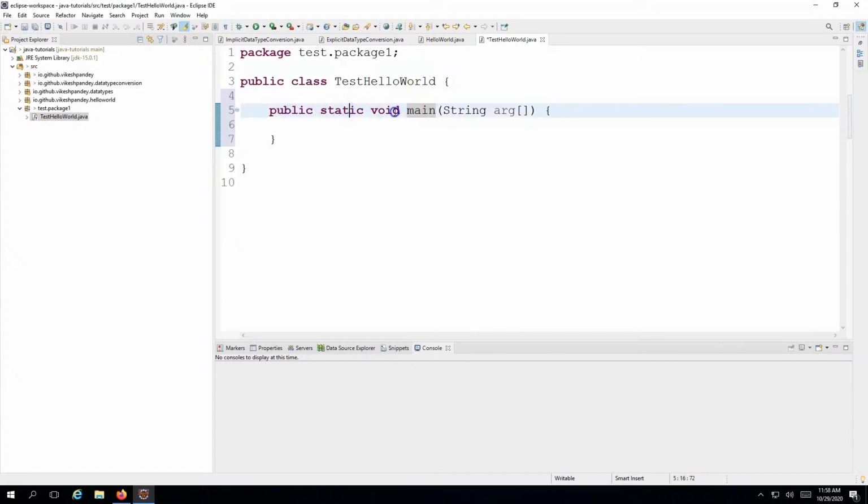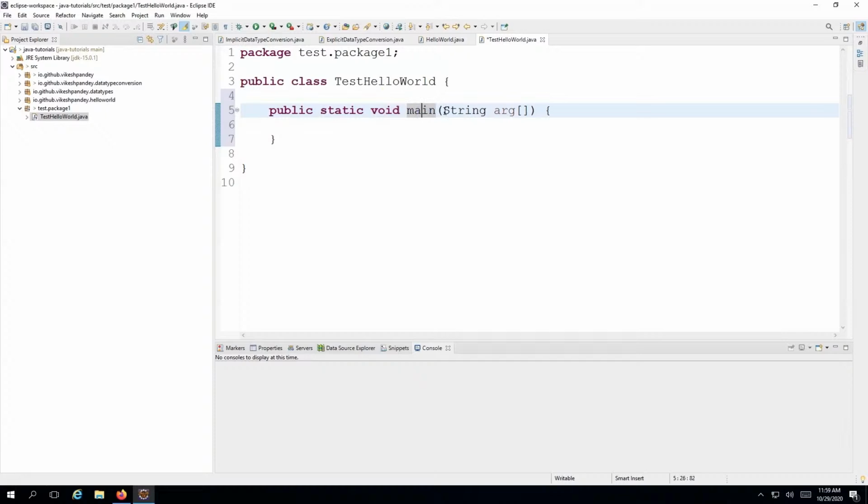So public, static, void, main. Remember that you need to have this in your program. So void is the return type, which means that this particular program will not return anything back to the runtime, because a method can have the capability to either return something or not return something. For example, a method which can add two numbers will return the result of addition, right? So we return the result. Return is the word here. In this case, this method is not expected to return anything, because there's nobody consuming it, right? Java runtime will not do anything with the return value of this particular method. That's why Java will force you to write void here,